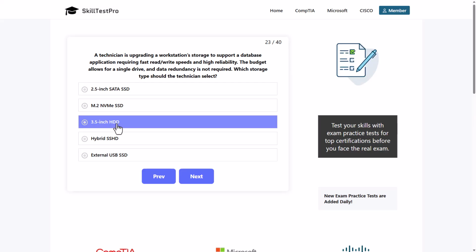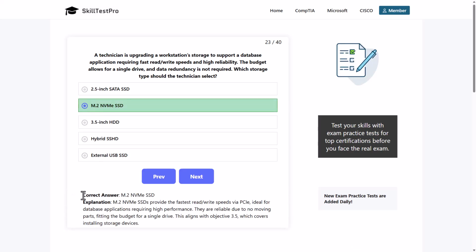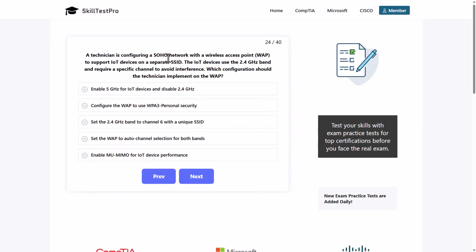3.5-inch HDD, hybrid SSHD. And here the correct answer is M.2 NVMe SSD, as M.2 NVMe SSD provides the fastest read-write speeds via PCIe, ideal for database applications requiring high performance. They are reliable due to no moving parts, like with HDDs or hard disk drives, fitting the budget for a single drive. A technician is configuring a SOHO or small office, home office network with a wireless access point or WAP